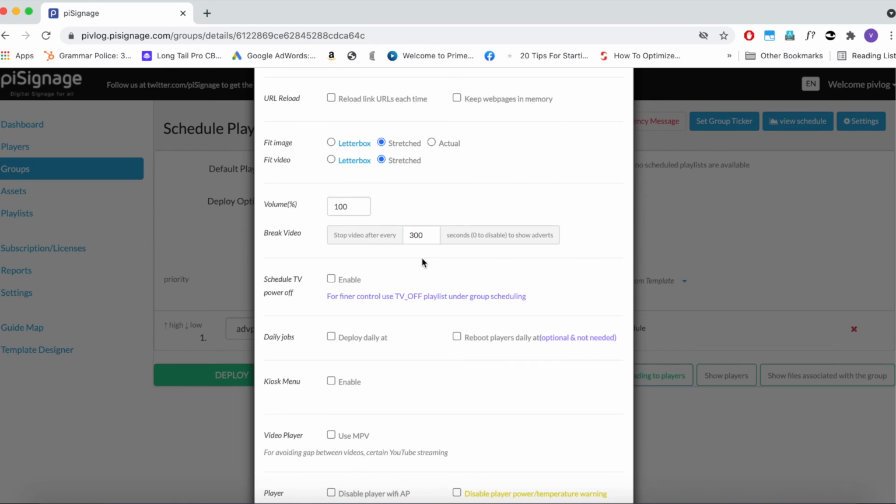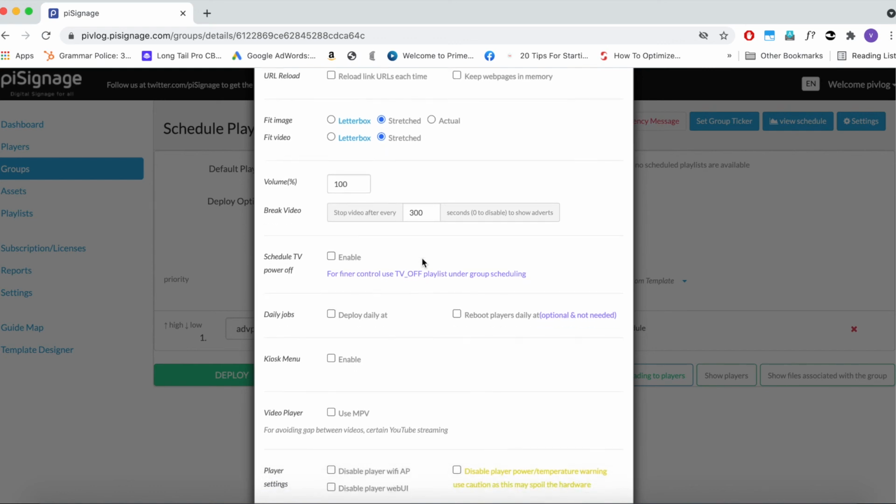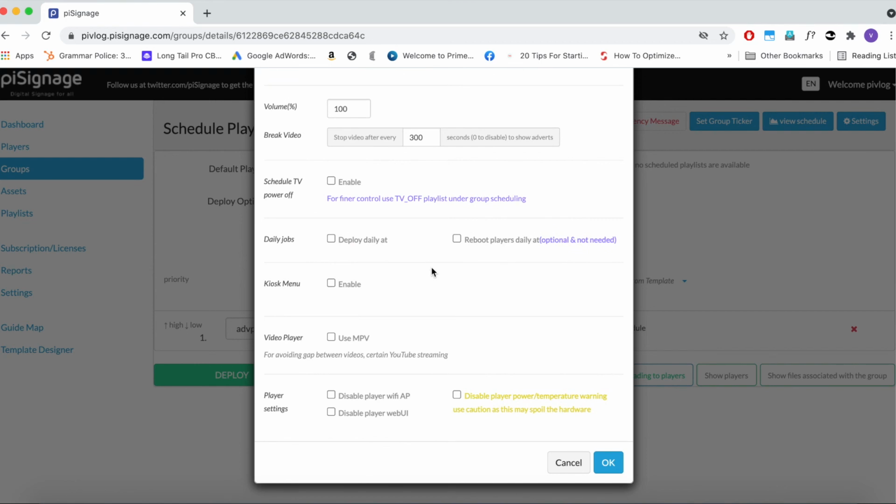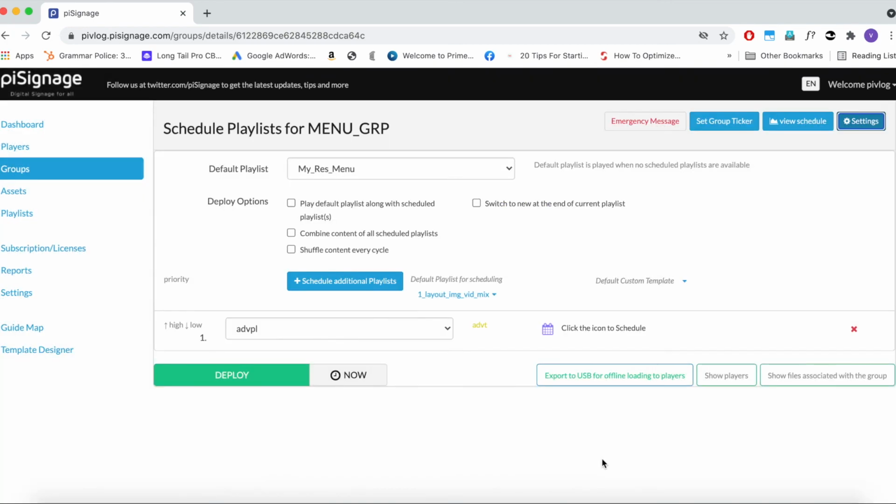Now, after every 5 minutes of video playing, the video is paused and the player checks whether any advert playlist is waiting in queue to be displayed. If an advert playlist is in queue, it is displayed right there. Once the advert playlist completes its display as per its setting, the regular playlist video asset resumes its display from the point where it was paused. Meanwhile, if any advert playlist is not in queue during the check, the video will resume display, and at the next interval, the check for queued advert playlist happens again. This cycle happens throughout the video display. Thus, a long video asset can be paused multiple times to insert ads in between.